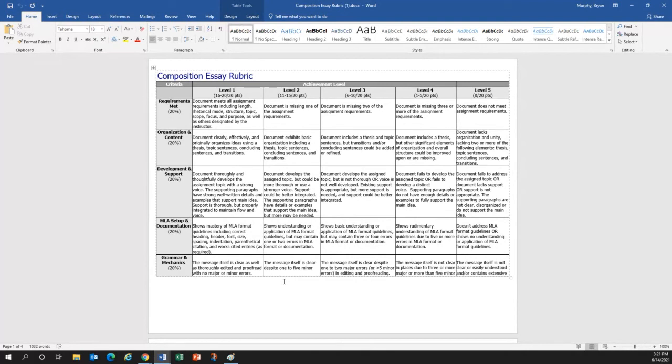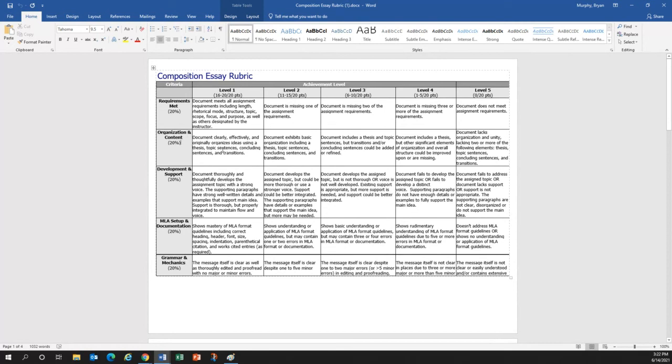The first category is requirements met. So this is basically like, did you do what the assignment prompt asked you to do? Okay. Did you pick one strategy and not a mix of them? Did you have a clear topic? Did you have a thesis and topic sentences? Did you get to 1,000 words? Right? So all of those deductions for shortness, deductions for not following directions, deductions for not answering the question, all of those factor into requirements met. And as you can see here, there are different tiers for which you can lose points and descriptions of what each of those tiers looks like.